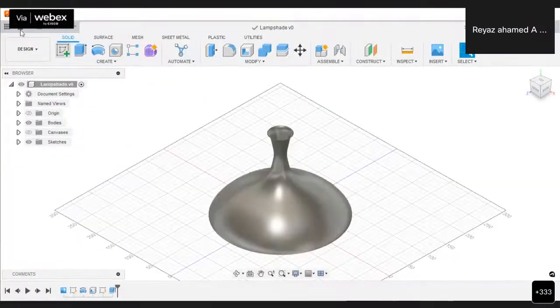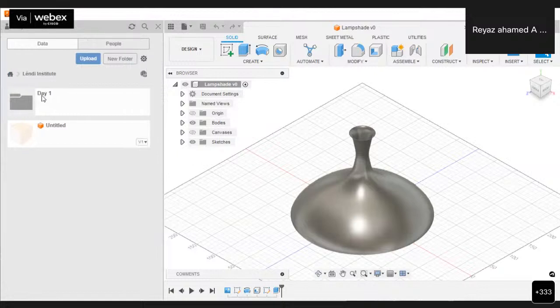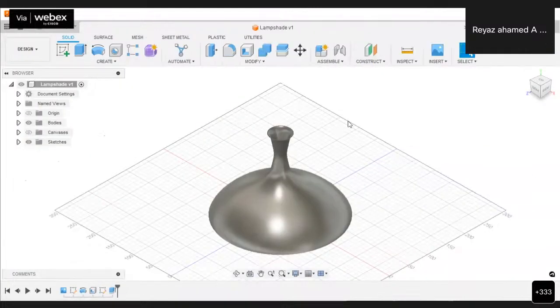Now my project is saved in the Lendi Institute project. Double click on this and double click on day one. See, our lampshade model is there. This can be shared with anyone.